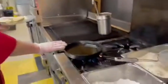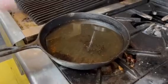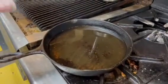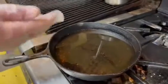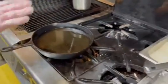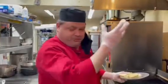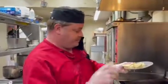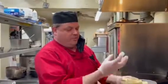I have my pan. My pan is hot. You always want to have the right dish, the right size for what you're going to prepare. Again, you want your oil to be clean. I've already skimmed it because I've used it. It's heated up. You can check with water to see if it's the right temperature. A couple nice little pops are good. If it sizzles and smokes and steams, you do not want to use it. It is too hot. Let it cool back down before you try, or everything will burn on the outside before